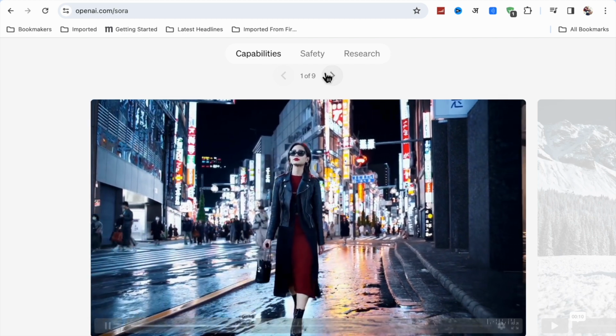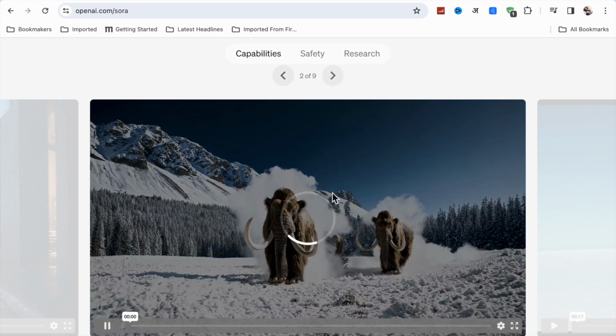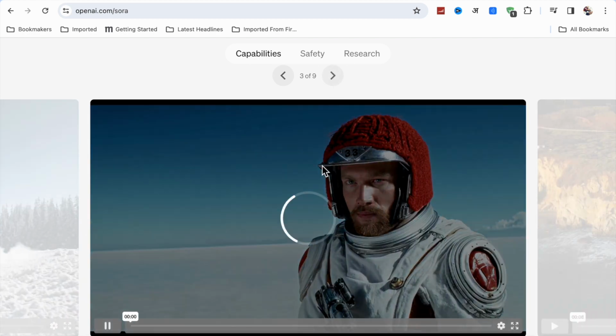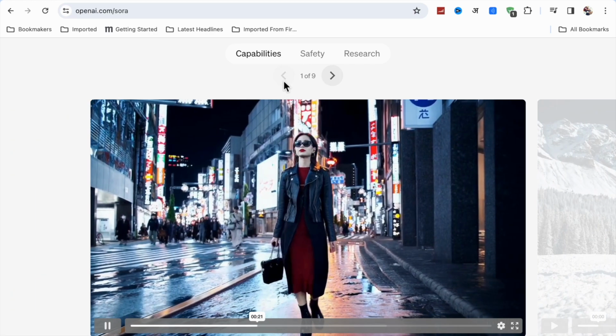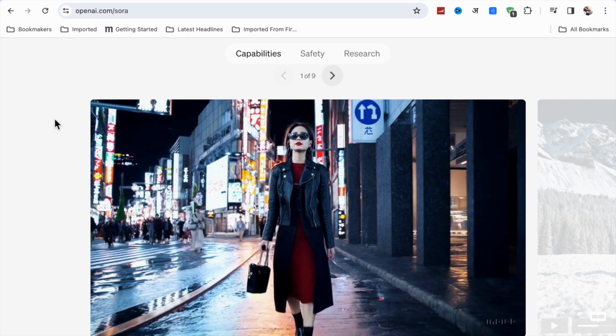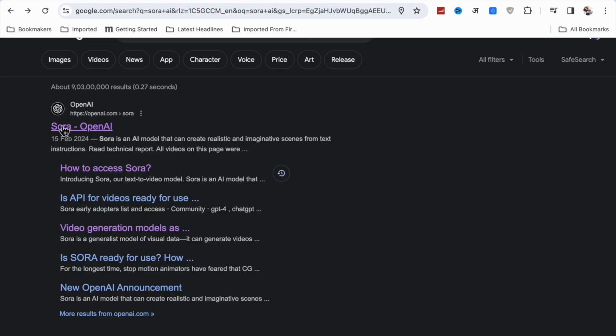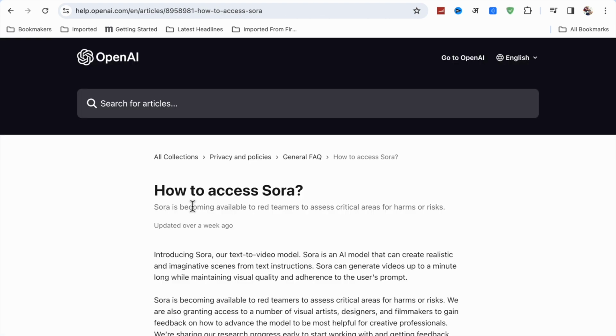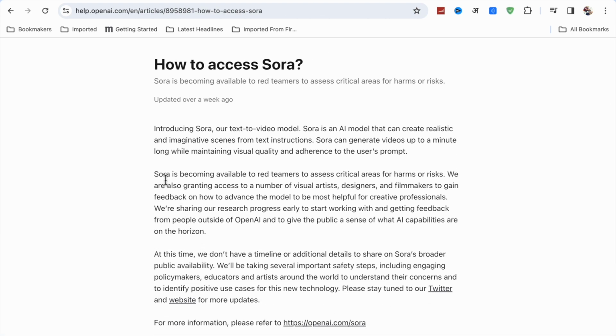Okay, and you can also see this one and this one. All of these are generated by Sora AI. So if you want to get the beta testing, you have to go back again, and here you will see how to access Sora. Now click on it, and here you will see Sora is